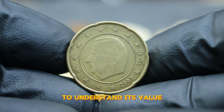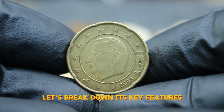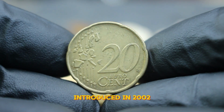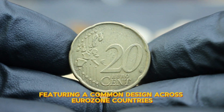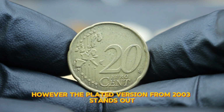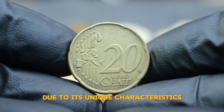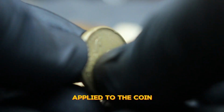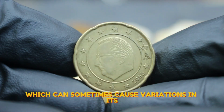To understand its value, let's break down its key features. The 20 euro cent coin is part of the Euro series introduced in 2002, featuring a common design across Eurozone countries. However, the plated version from 2003 stands out due to its unique characteristics. Plating refers to a thin layer of another metal applied to the coin, which can sometimes cause variations in its